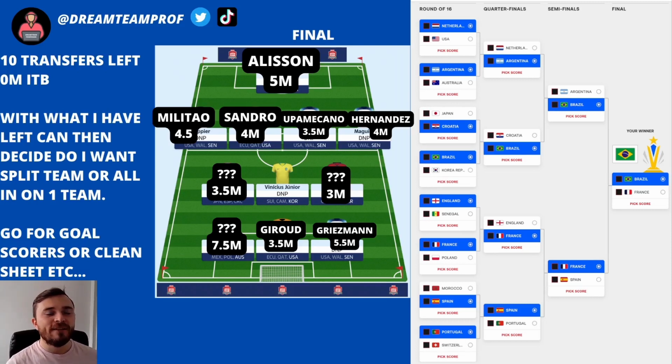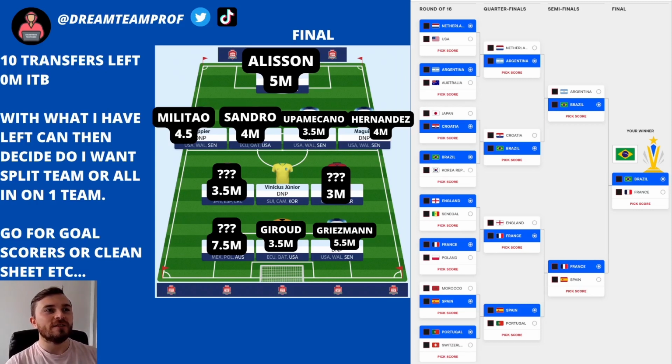But the only caveat of this, and I think it could be my downfall as well, so I don't know what the perfect strategy is, is that just because you have got players in the final doesn't necessarily mean they're going to score the points. There's probably more chance that the points are going to get scored in those round of 16 stages where there's a few easier fixtures. But this is the way I'm going to do it, and by doing this, I see